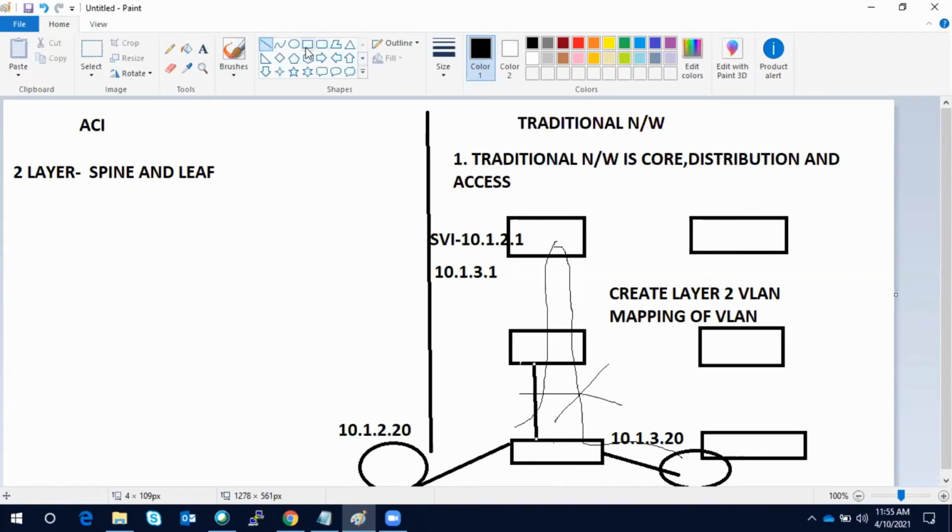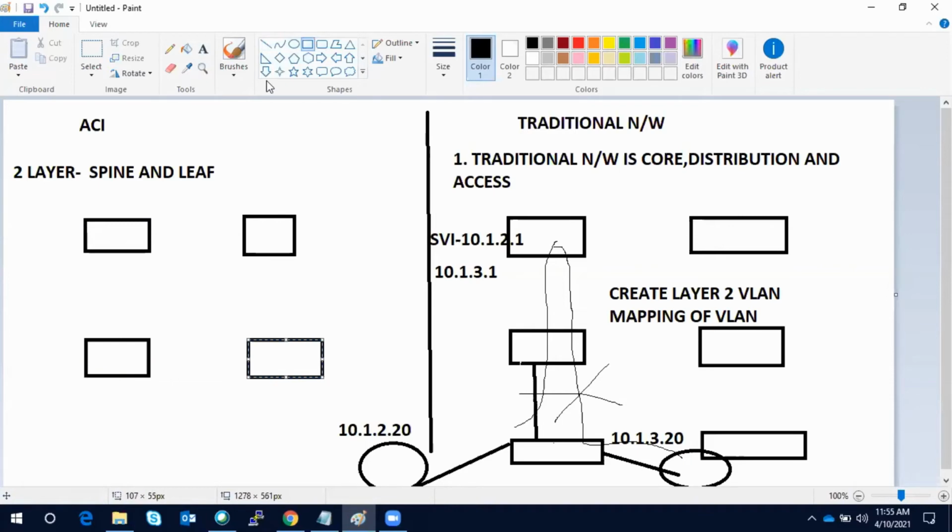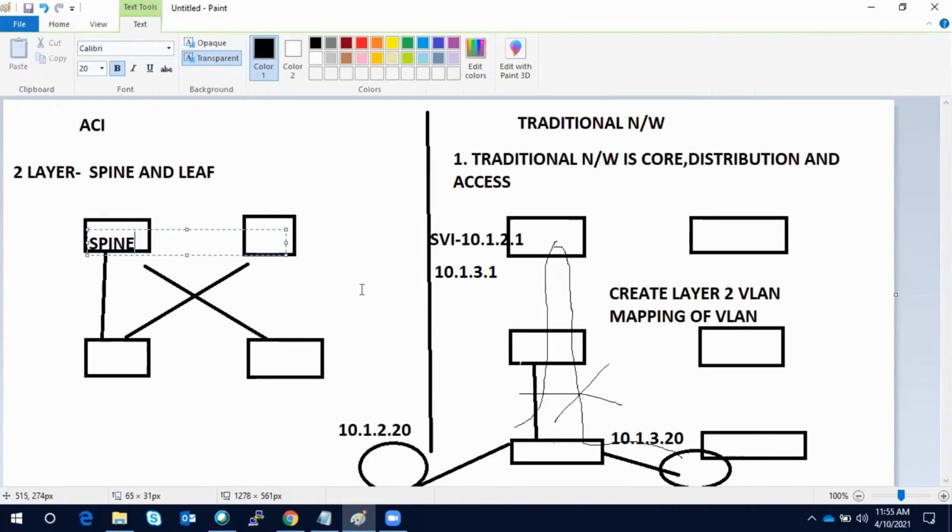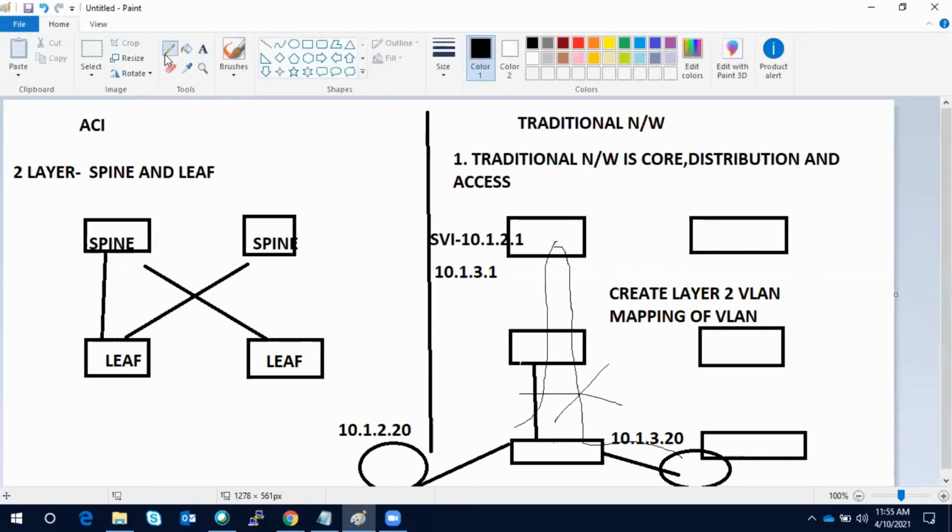But in the leaf and spine architecture, or ACI, the gateway is not tied to any layer.